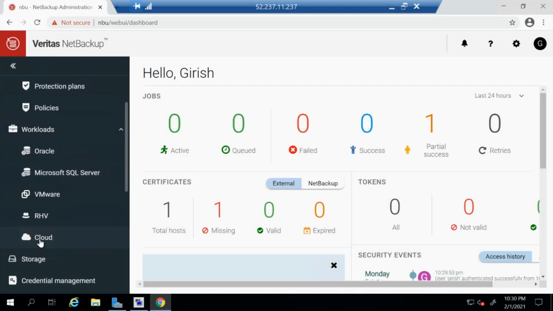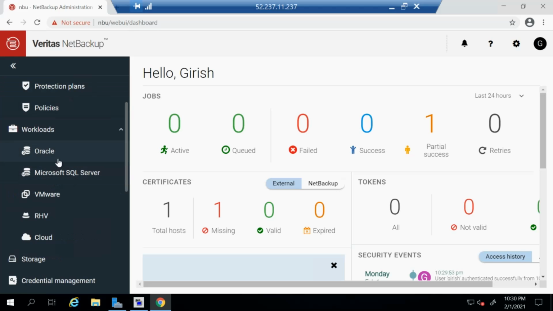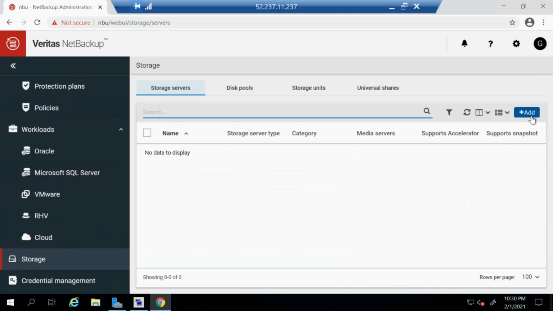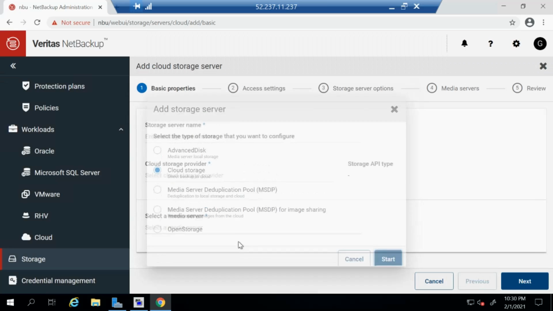On the left pane, you can see that you have a couple of options to configure. But for this demonstration, the one that I want to configure is storage. So let me go and expand it. And let's go and click on add. From here, I can add advanced cloud storage, MSDP pool, open storage. So all these options are here. Let's pick cloud storage and go and click on